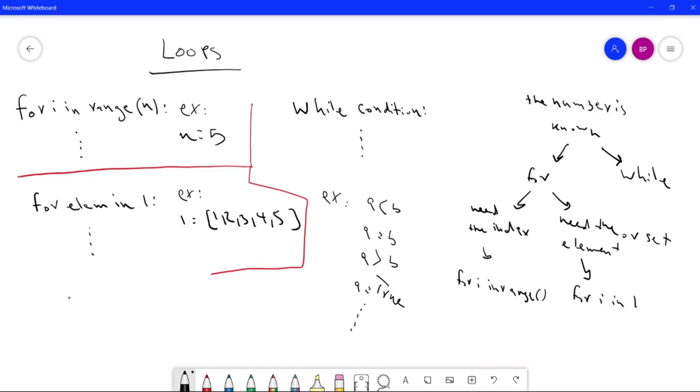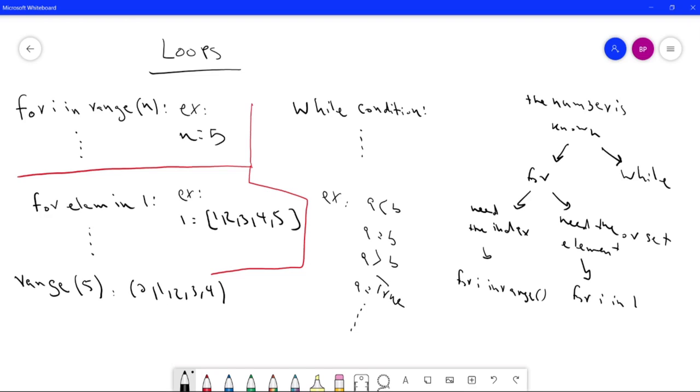One more thing that I wanted to say, this is just an FYI, but I feel like it should help some of you. Range itself gives you a collection. So when you say range of 5, well, to be exact, you have to call it list of range of 5. But in general, it gives you 0, 1, 2, 3, 4. So even when you're saying for i in range of something, it's still going through every single element of a collection.